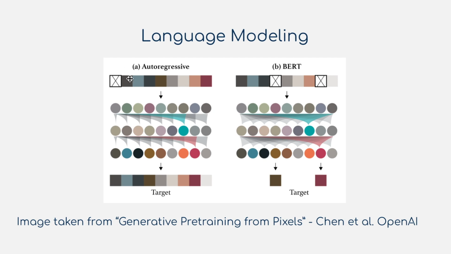So autoregressive modeling is, say you have time series data like stock prices over time, and you want to know what the stock price is going to be on Friday, and you have data from Monday to Thursday. That's the high level idea of what autoregressive modeling is. And so for text, what it means is, say we take the image from Generative Pre-training, and then we predict pixels. That's the idea of autoregressive modeling. Whereas BERT is you're masking out intermediate words from the sequence, or just intermediate anything from the sequence, whether it's the stock prices example again. Say you mask out Tuesday and Thursday and you have the Friday information,